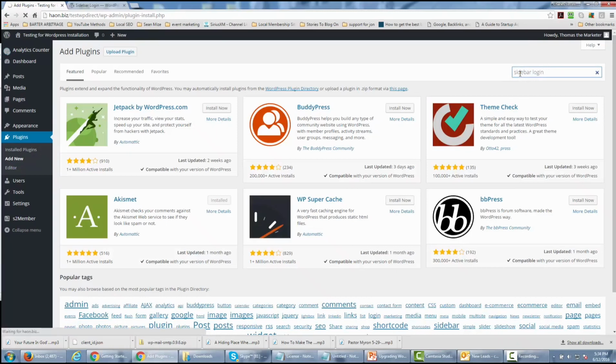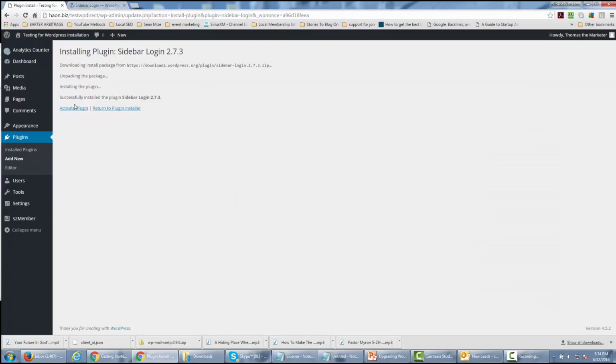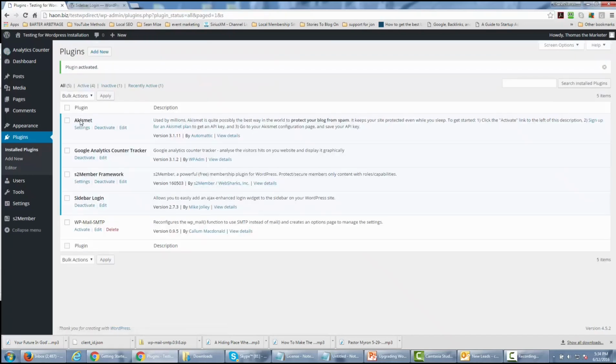And when we get there, we're going to type in sidebar login. We're going to hit enter, and it's going to actually search. And you're going to see the sidebar login right here with the most installs, and you're just going to click install. Once you've done that, you're going to click activate. And then on every page that you have, you will actually have a place for your users to log in